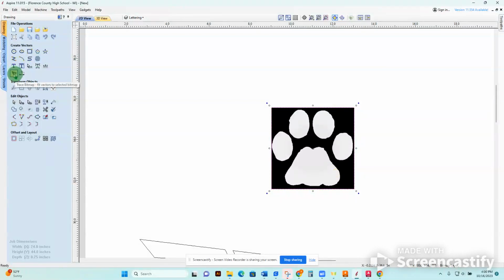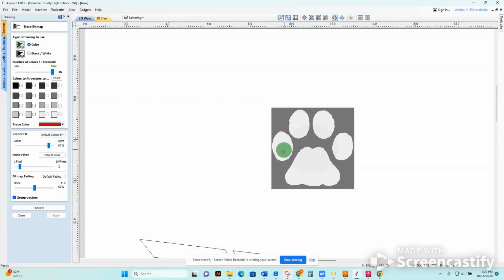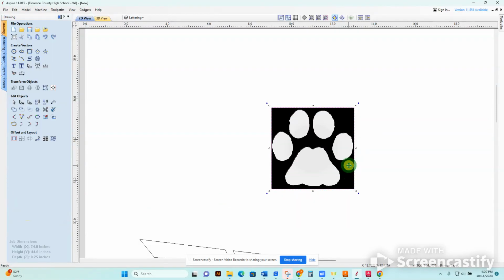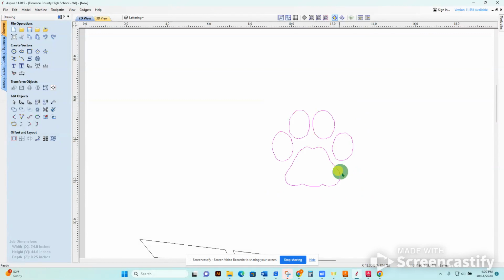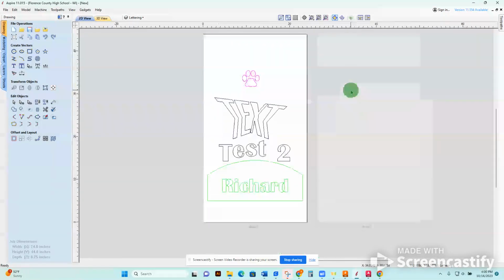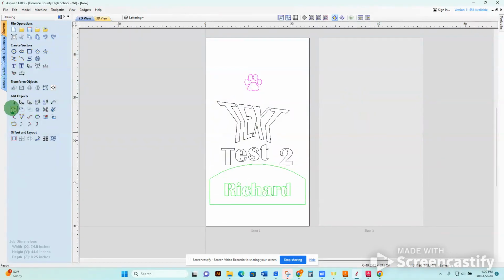It's already imported it. I'm going to go down to trace bitmap, and I just want the gray parts. So I'm going to click, and it's the gray details that I'm looking for. If I chose this one, then it would just give me very little useful information here. I think I'm liking most of the grays, and that's good enough. I'll have to hit preview and apply. And now what I have is a vector line that this would be easy to plasma cut out. With these tools, you can create a whole